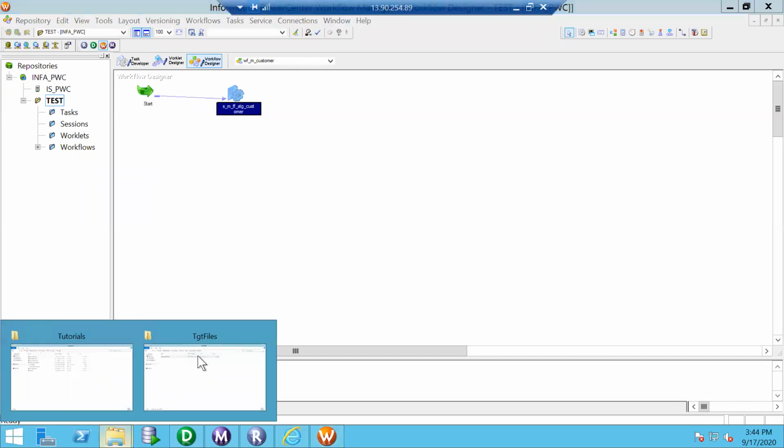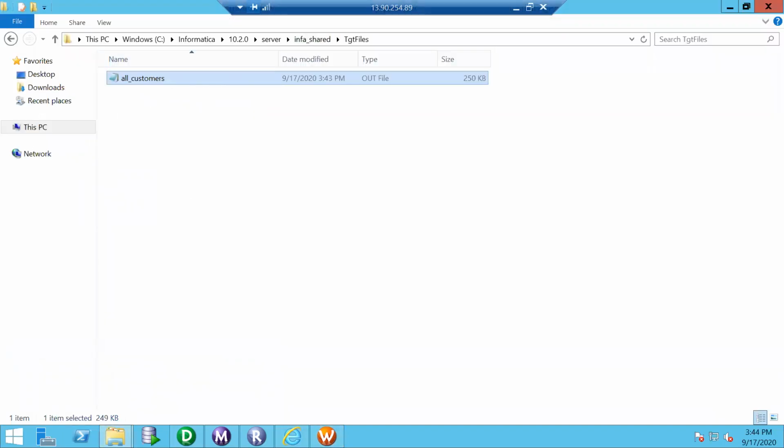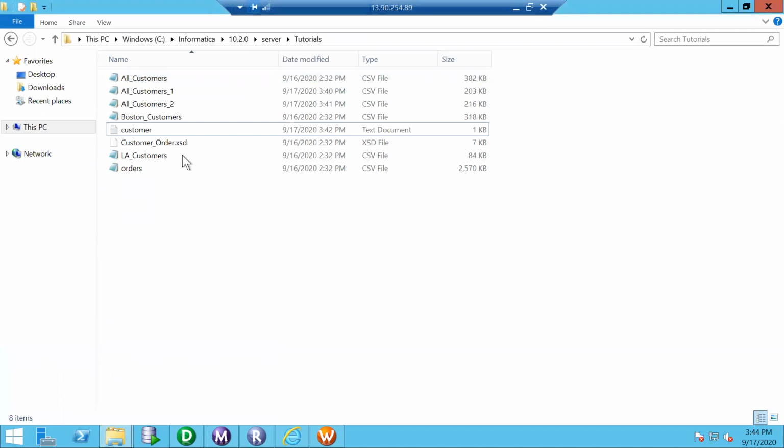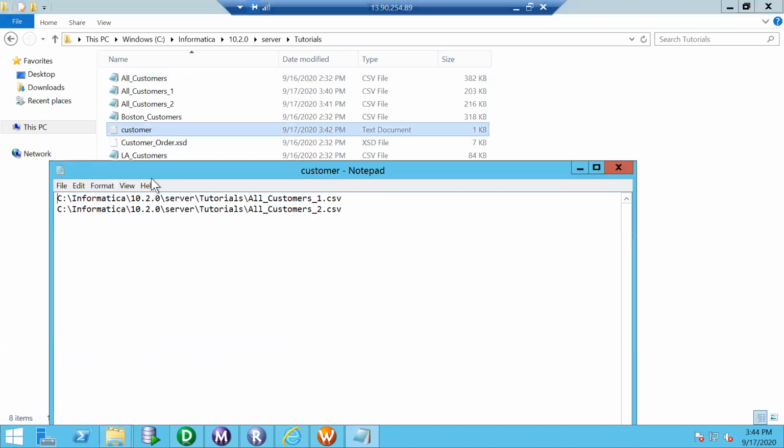More importantly, the entries should be fully qualified paths, meaning the absolute path. It is not just the name of the file, it should have the complete path where the file is present.